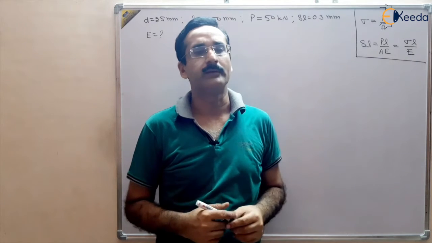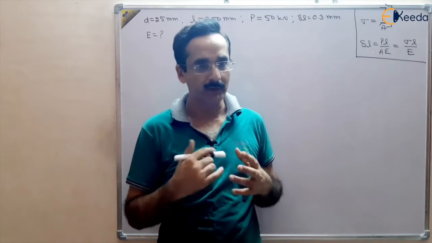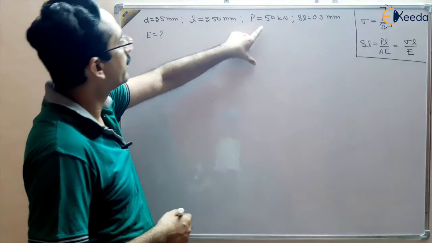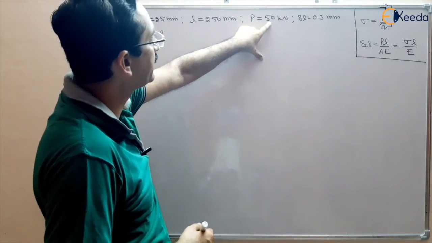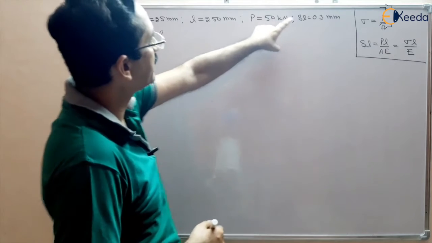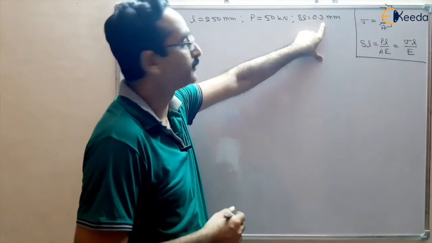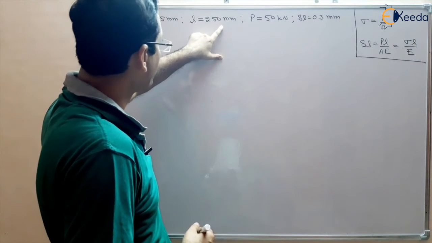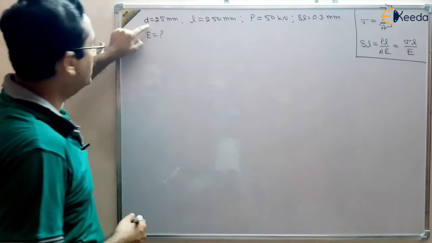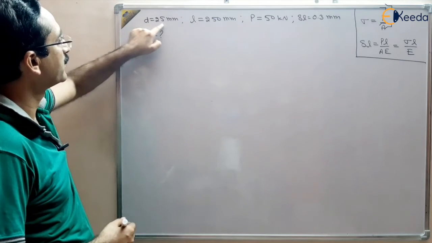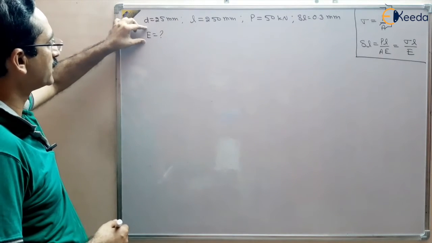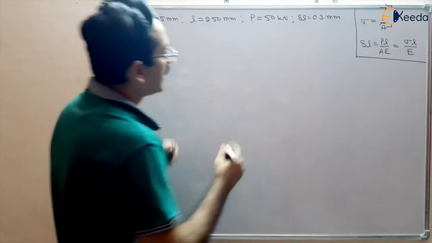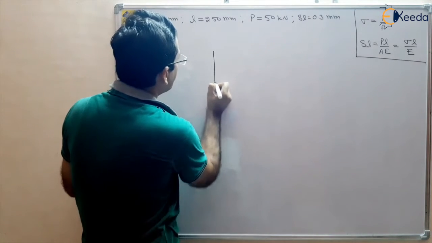In this numerical, we have a brass rod, and some of the data regarding the brass rod is given: when a load of 50 kN is applied, there is an extension in the bar of 0.3 mm, and the original length of the bar is 250 mm. Also the diameter of the bar is given as 25 mm, and we have to calculate the modulus of elasticity of the brass rod, right? So suppose we have a brass rod